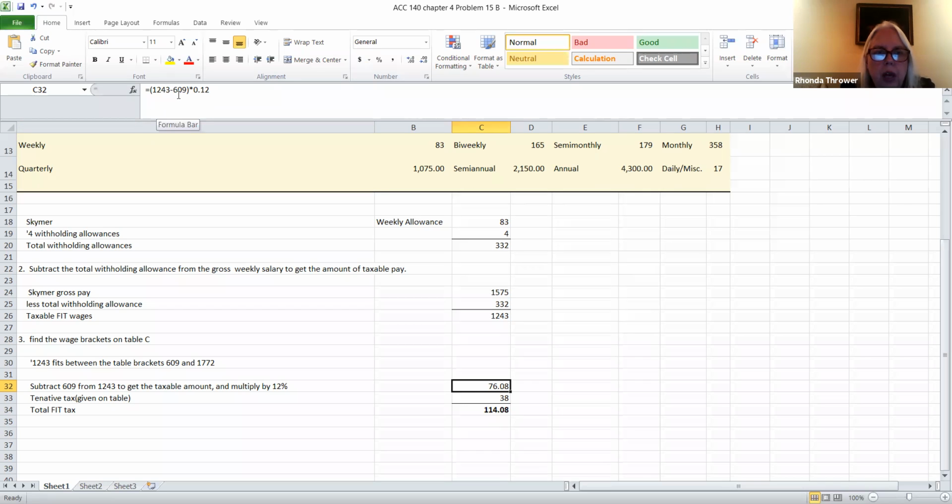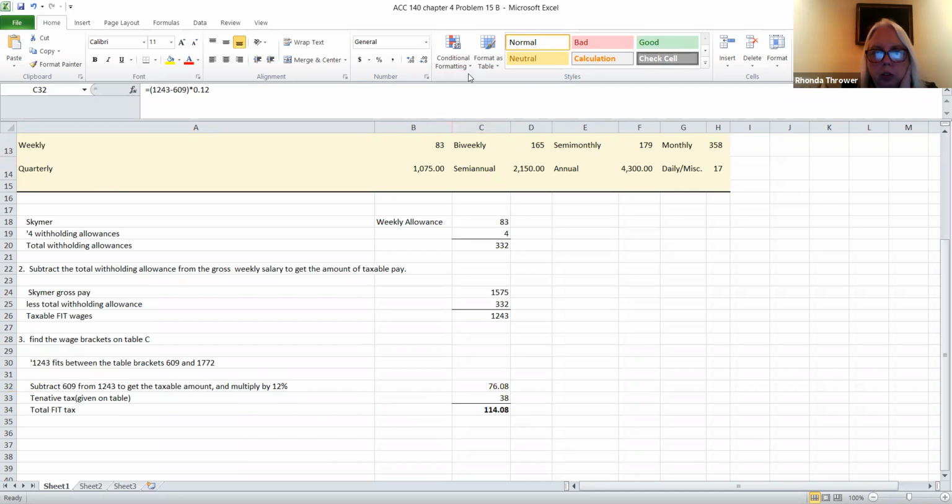$76.08. There's a formula for that right up here in the formula bar. You can see how I calculated that. And so this is the amount of taxes that we had to find on the remainder of the taxable amount. When we subtracted 609 from the 1243, we multiplied that remainder by 12%, and that gives you the 76.08. The tentative tax was given on the table at $38. This was the tax that was on $609. The two of these added together is the total FIT tax. So $114.08 is what we would record in